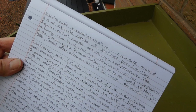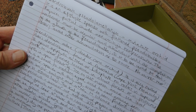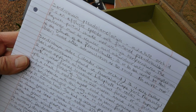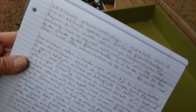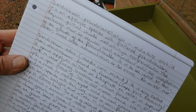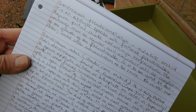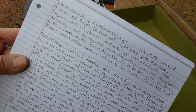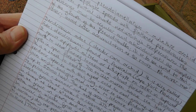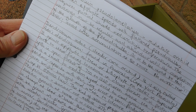And we go to the last one that's been ordered, and it's Dendrobium adae, a slender caned orchid. It is also called Ada's Dendrobium. It's found in Australia in the Cape York Peninsula, and it grows epiphytic on trees or lithophytic on rocks in exposed north to west facing locations in forests or in protected spots in open forest at 700 to 1,220 metres above sea level. It is a small to medium sized cold to cool growing semi-pendant species with thin